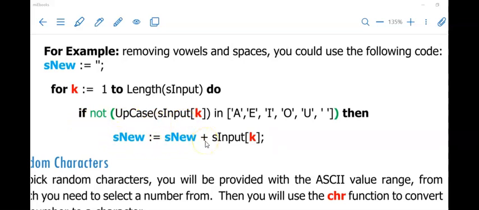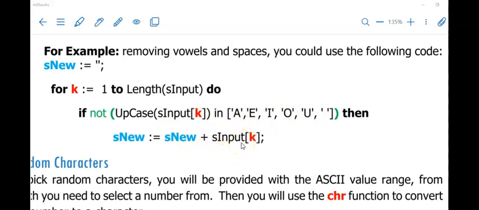That means the O would not be added to SNew. And in that way, removed to the user. That is what they will see. They think you are removing it, but you're actually building a string just without those characters. And so it will continue with all the other characters. If we go to now the third character, it would be an H, and the H is not one of these. In other words, it will be added to my SNew string variable, and the H will be added, and